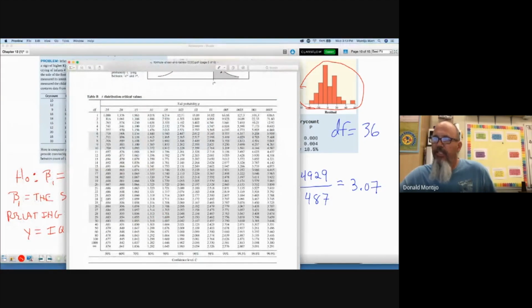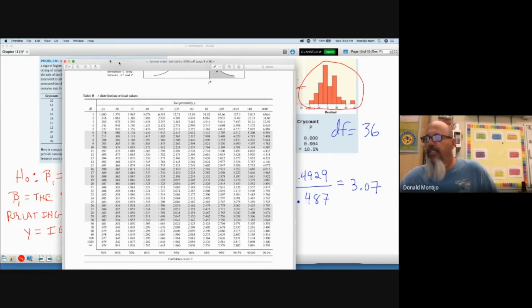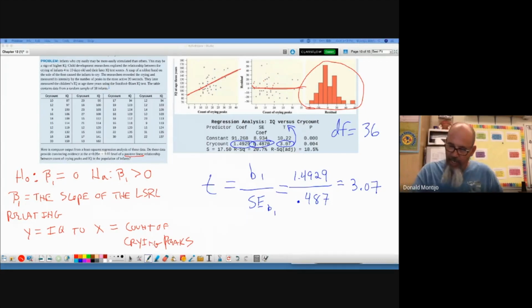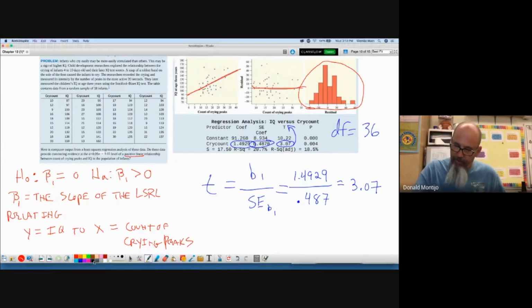Whoops, 36 isn't on the table. So we always go to the next smallest one, 30, and then I trap 3.07. 3.07 is between 0.0025 and 0.001. So based off of looking it up in the table, I can see that my p-value is between